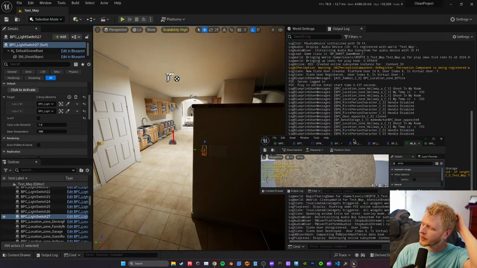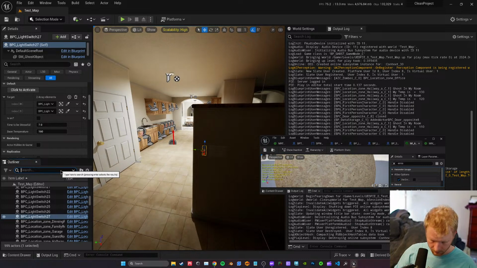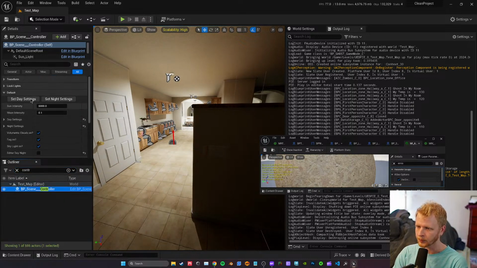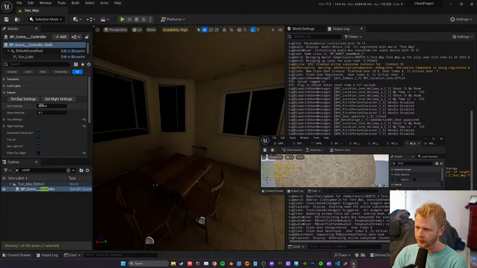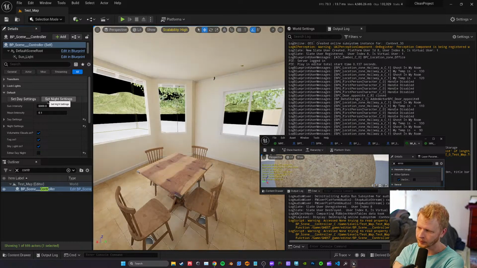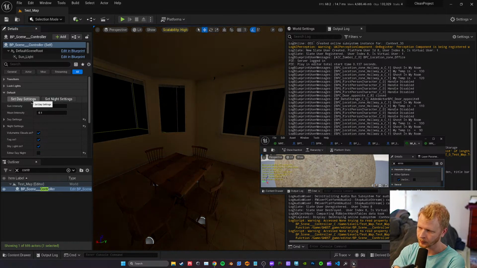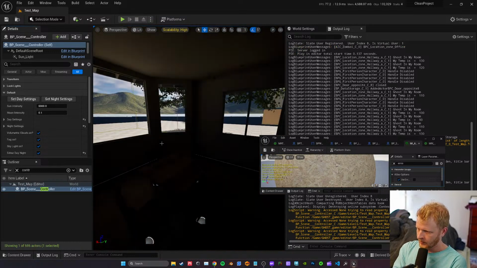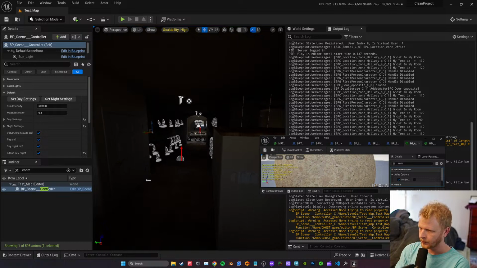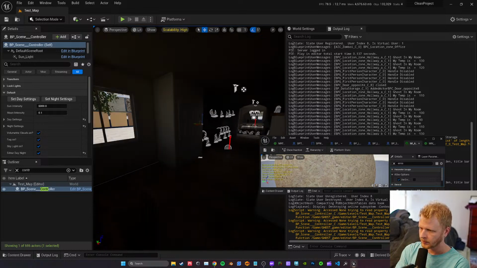Basically, I have this controller object that I'm using to mess with the environment because I'm trying to keep the lighting balance between a day and a night environment or lighting setup. So since I'm driving the values there,